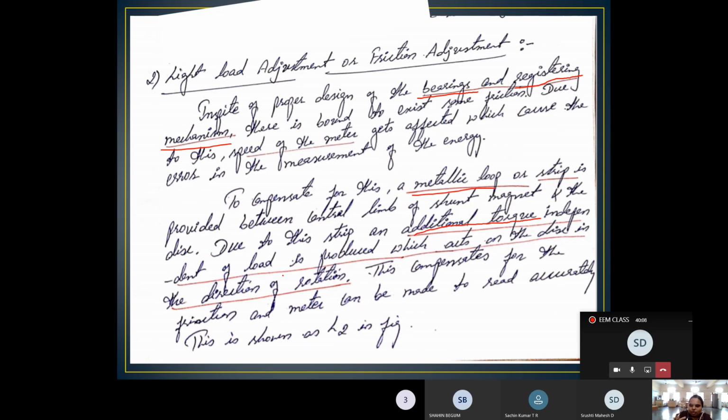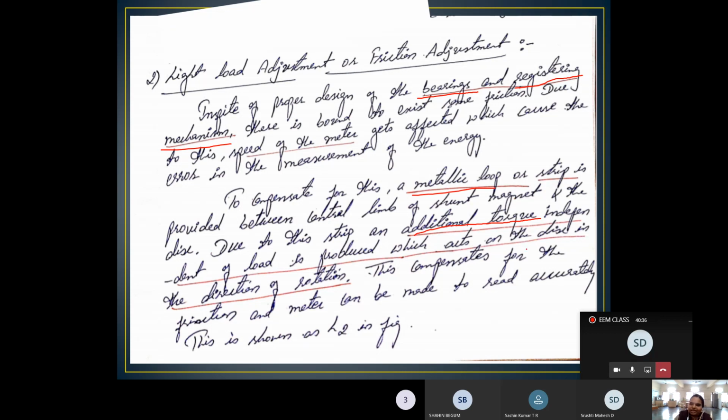How much power a home is going to be taking? A smaller home will take a small load. If it is a bigger home, you will be using fridges and ACs and all those things based on the load. But this torque is independent of the load. How much torque it is going to generate due to this construction, based on that, our disc starts rotating. That's the meaning of this.